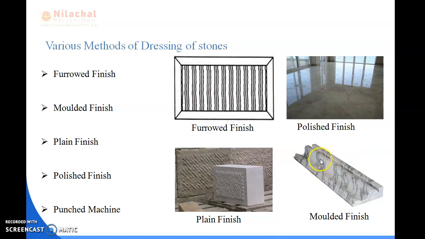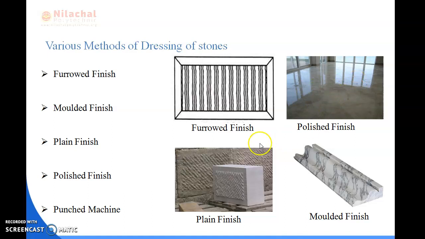And next is plain finish. Here is a plain finish diagram. After your house has been plastered, the finishing is done. The surfaces of the stone are mainly dressed by saw or with a chisel, which is a type of instrument. Next is polished finish. You can see here the polished finish. After the flooring of the houses has been completed, we mainly use marbles and granites as the floor of the buildings, and after that the polishing is done, by hand or with a machine.